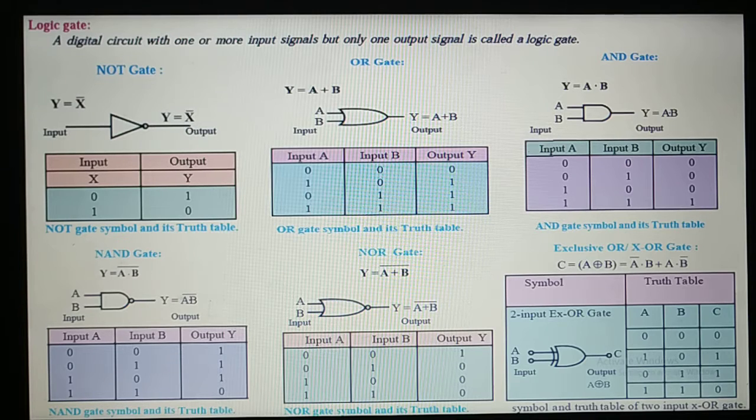One is expression, second is its representation, and third will be its truth table. There are other things also, like a Boolean expression and everything. So those will be covered later on. I think they are not explicitly part of your syllabus, but still we'll have a look at them. So first we'll take NOT gate.